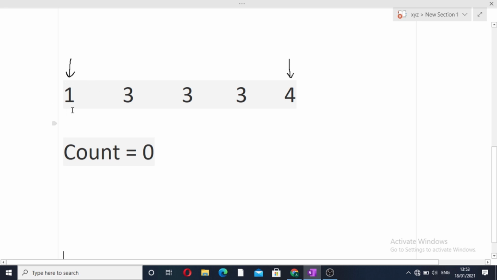Now we can sum these values. 1 plus 4 is 5, but 5 is not equal to 6, so we cannot increment our count. And now what we have to do? 1 plus 4 is 5, but we require our target sum as 6. So 5 is less than 6. So what we have to do? We have to increase the value of this particular pair. So how can we do it? We can simply